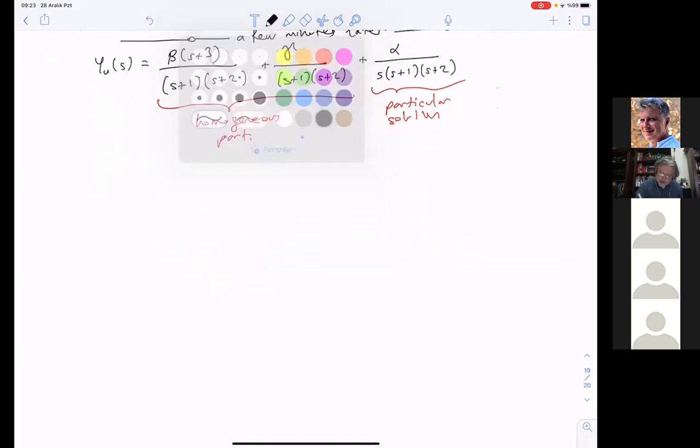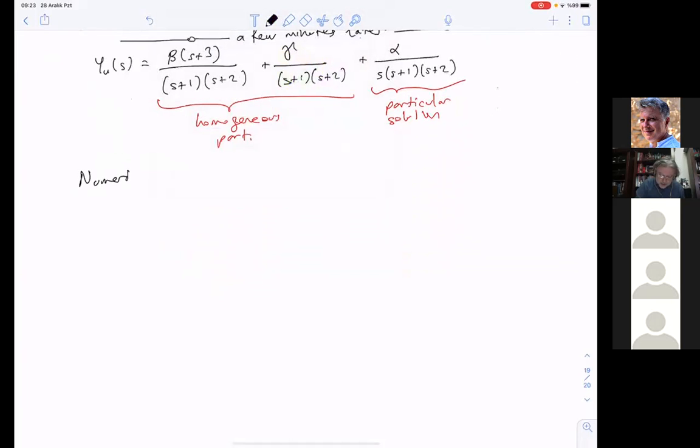In such questions, we usually come up with numerical values. Numerical values like alpha is, let's say, 2. Beta is equal to 3. And gamma is equal to minus 5. Something like this maybe. Then it will be easier for you to handle these terms